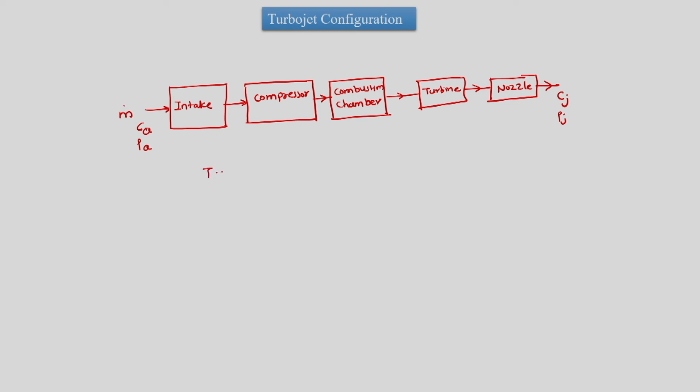So we know thrust is equal to (m dot A plus m dot F) into Cj minus m dot A into Ca plus (Pj minus Pa) into Aj. So this is the expression for thrust which we need to calculate for the